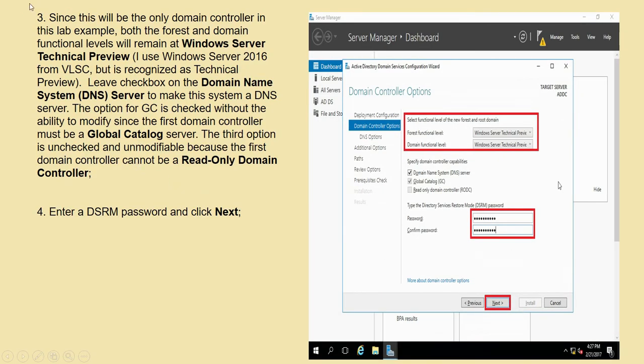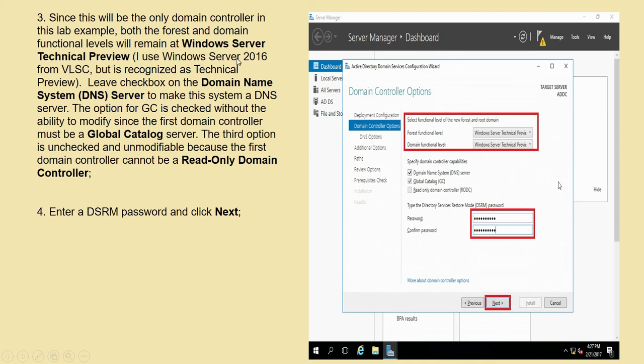Then for the third step, since this will be the only domain controller in this lab example, both the forest and the domain functional level will remain at Windows Server Technical Preview.